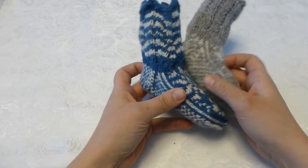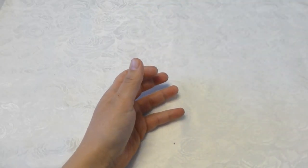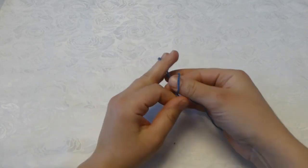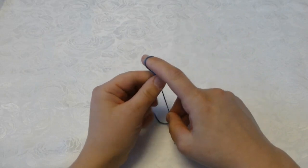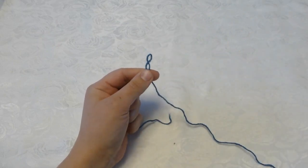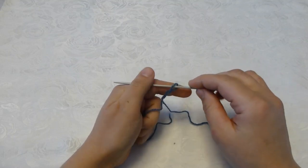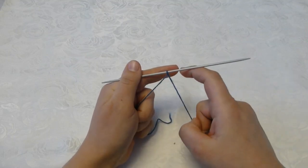So for these socks I will cast on 44 stitches evenly distributed on 4 knitting needles. That will be 11 stitches for every knitting needle. This is my first stitch,